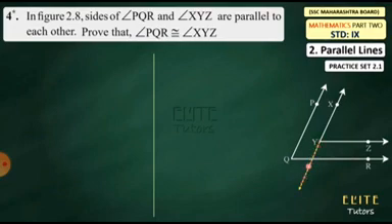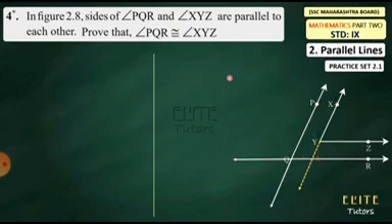Here I am extending side XY. Student, whenever we construct something ourselves, we denote it with a dotted line. So here also I have drawn the extended line XY with a dotted line, and this XY intersects the side QR. So student, angle Q and angle Y. In this question we want to prove that angle Q and angle Y are congruent to each other. So in this figure I have extended line XY and also PQ or QR.